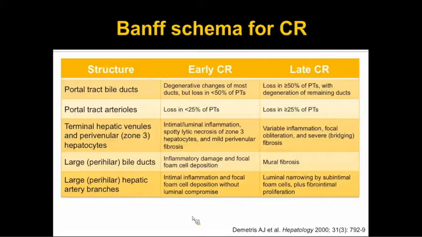And I think the reason that all of these subtle pathology changes are important, whether it's early chronic rejection or late chronic rejection, is that this can impact management strategies. For early chronic rejection, a lot of times it's going to be increasing their prograf, increasing their immunosuppression. For late chronic rejection, especially if it's accompanied by deep jaundice, you have to start thinking about whether retransplantation is an option.